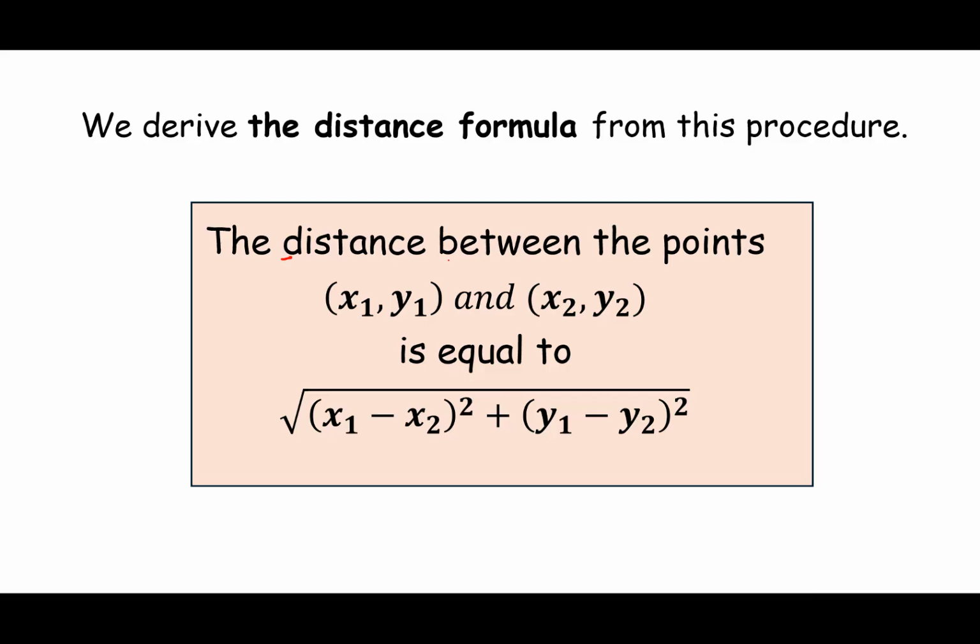So the distance between the points (x sub 1, y sub 1) and (x sub 2, y sub 2) is equal to the square root of the difference in the x-coordinates squared, so (x sub 1 minus x sub 2) squared, plus the difference in the y-coordinates squared. So (y sub 1 minus y sub 2) quantity squared. All you would have to do would be to plug in those coordinates into that formula to get the distance